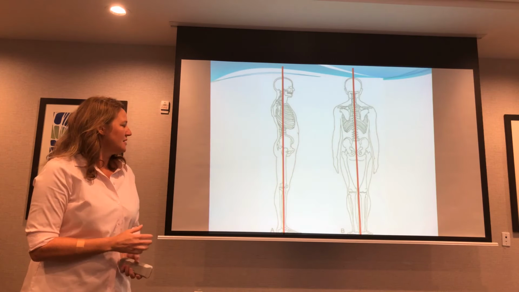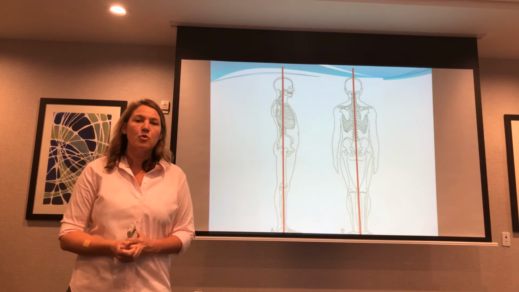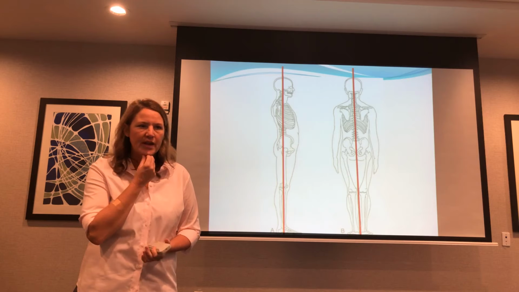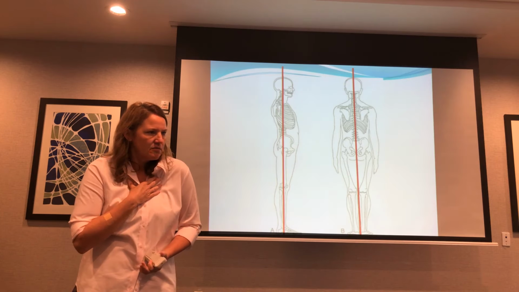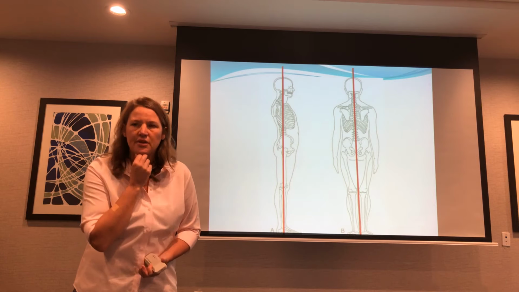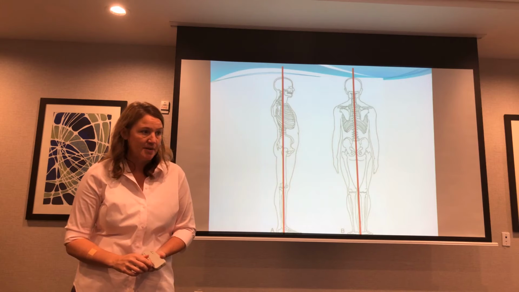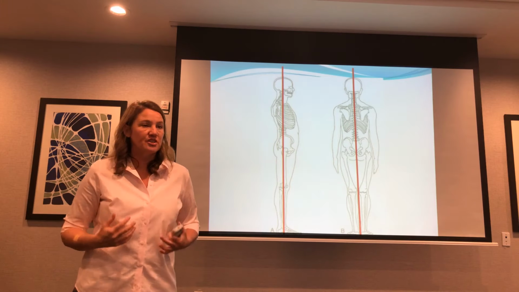So basically, when we think about the kinetic chain and how everything affects itself, and think about a forward head. If you have a forward head, if you have thoracic forward, you're going to automatically have to shift your body backwards, because that's going to bring your center of balance forward. And as a corrective action, you're going to have to bring something backwards. So you're going to shift your weight.